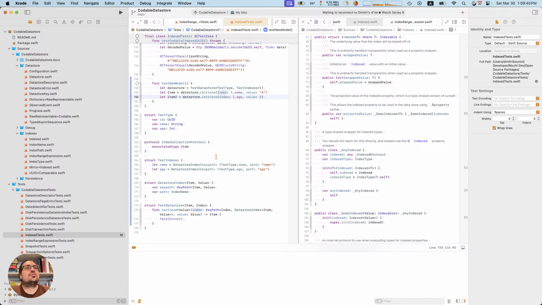Okay, so this seems to work, but I lose out on a few things. One, I would have to always specify all my indices, which maybe I didn't need to do.